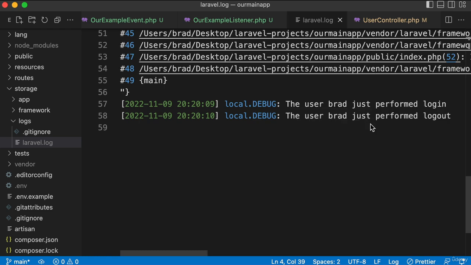Cool. So at this point, hopefully it's clear that you can do much more than just log something to a file. You can do anything you want. You could create a file on the hard drive. You could delete a file. You could, as we'll learn in a few lessons, send an email in response to something. But the idea is that now that we're familiar with this concept of an event, well,